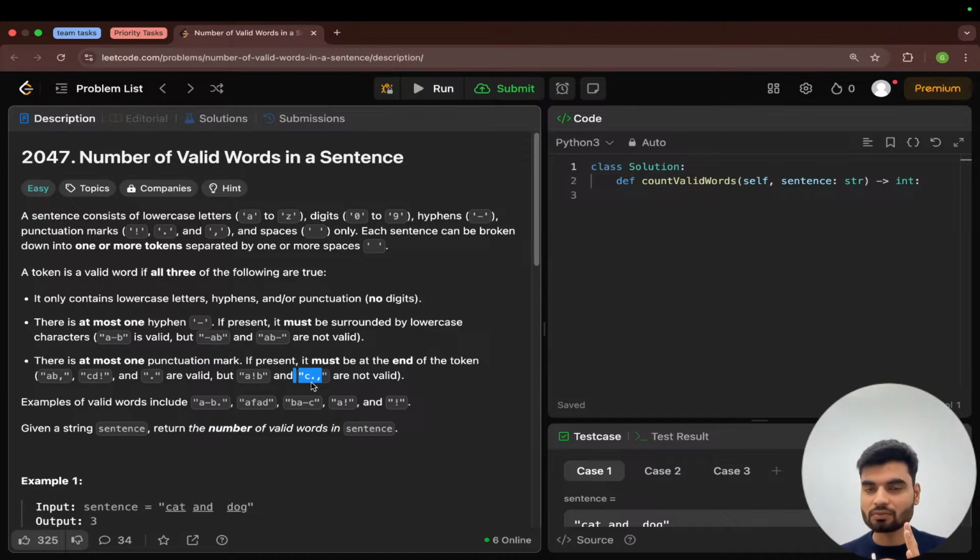You cannot have the numbers. So that's the first rule. Second rule: if a hyphen is present, it should be in the middle only. It cannot be at the start, cannot be at the end, and a maximum of one hyphen is possible. That is one. Third thing: if you have punctuation, there should be a maximum of one